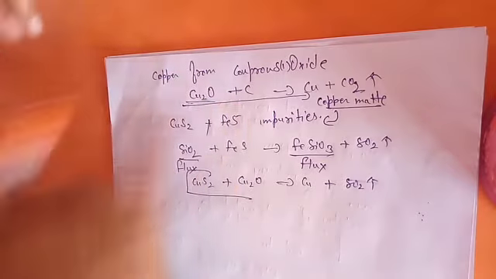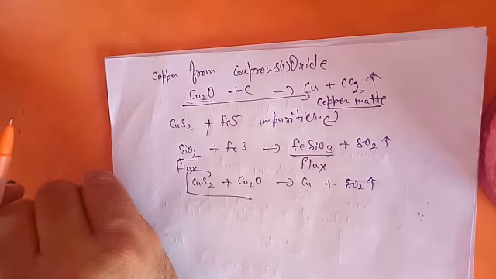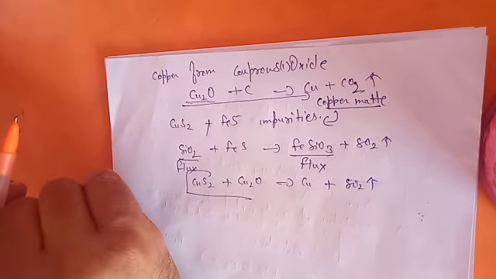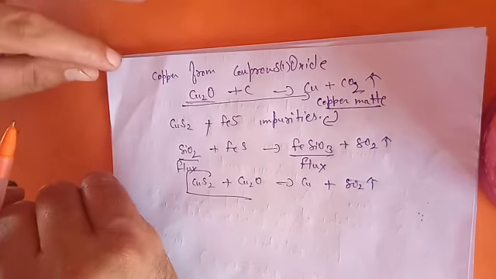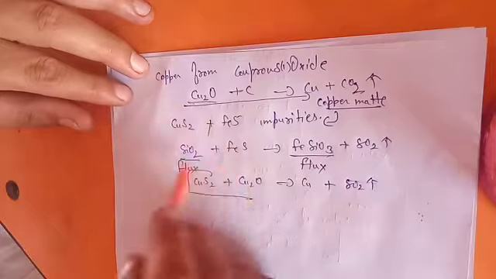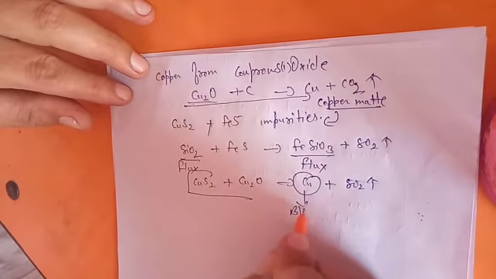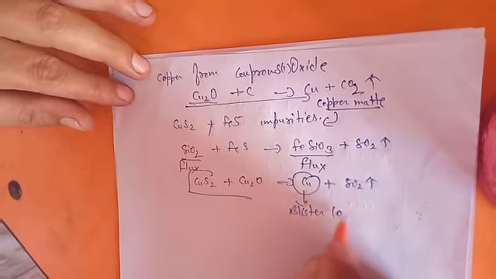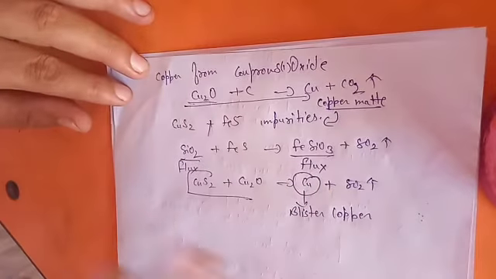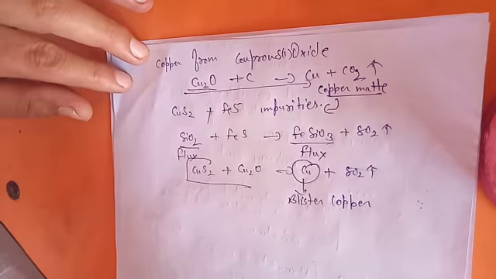Carbon we are using as a reducing agent. We check this from the Ellingham diagram, because the copper oxide line is at the topmost, so at a very low temperature we can reduce cuprous oxide to copper. After removing these impurities from the copper matte, the copper you get is known as blister copper. Why? Because when SO2 is released from the copper matte, it gives a blister appearance. That's why it is known as blister copper.